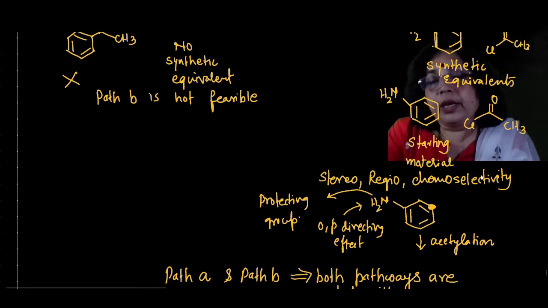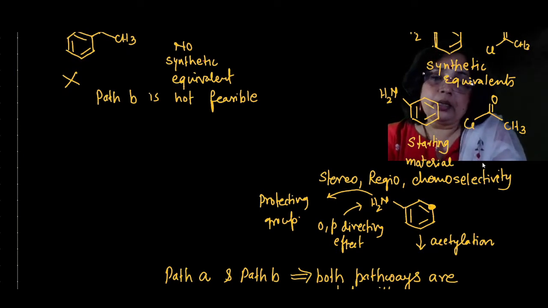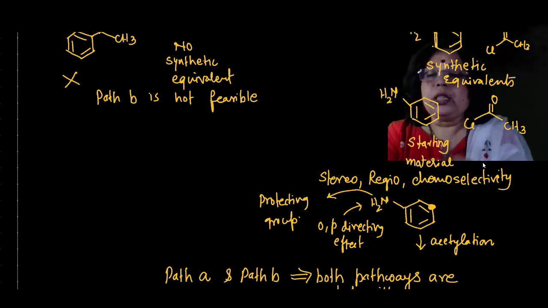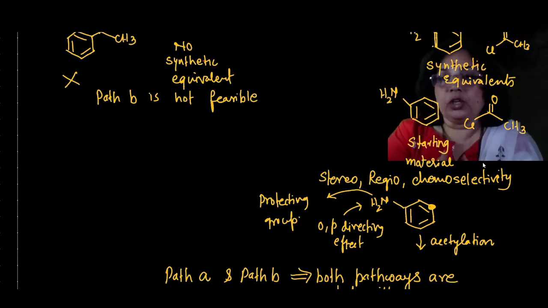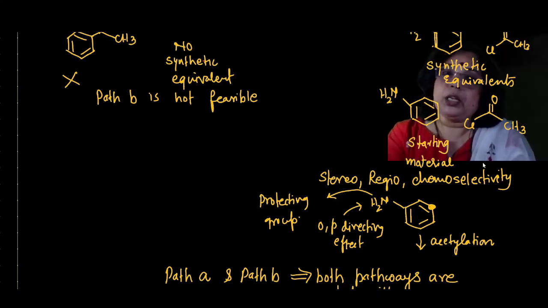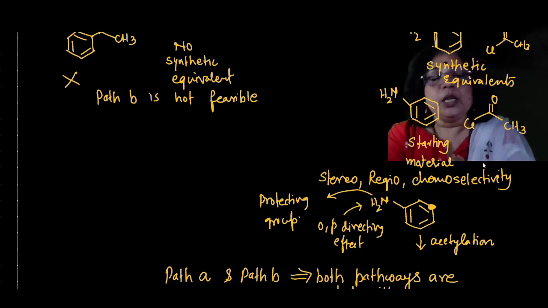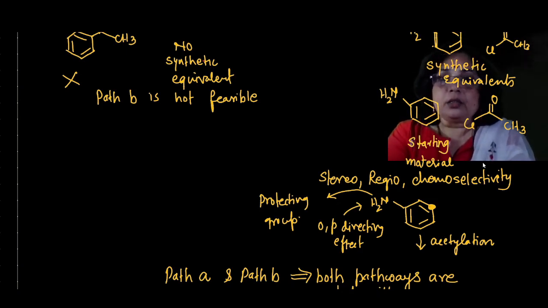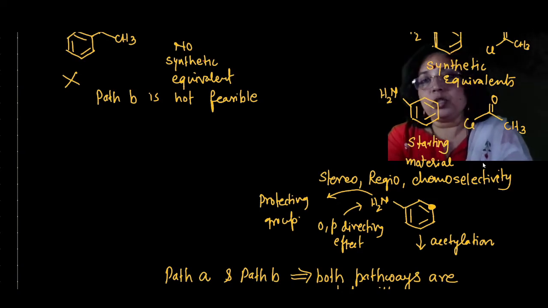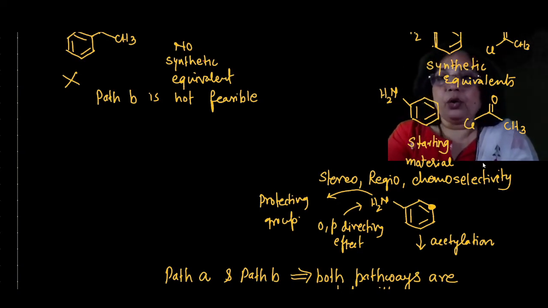Now, whenever we obtain a starting material, the first part is over, then the second part starts, that is the synthesis. Actually, we have to verify in the synthesis part whatever planning we have done in the retrosynthesis. So we consider this starting material in the synthesis. What we observe is that the NH2 exerts an ortho-para directing effect. It means that the regioselectivity and the chemoselectivity do not work properly over here.